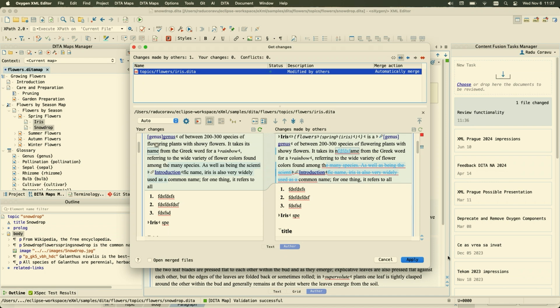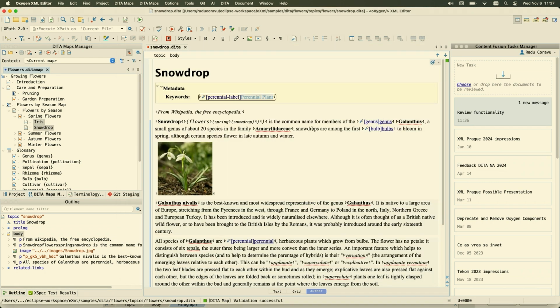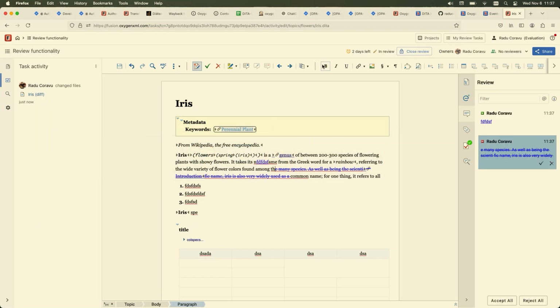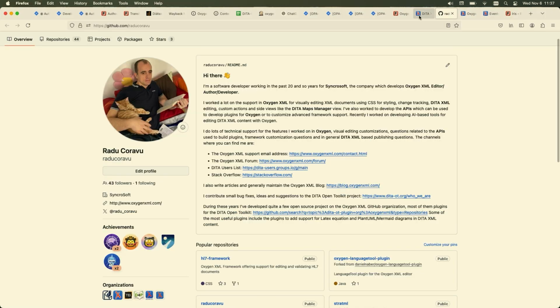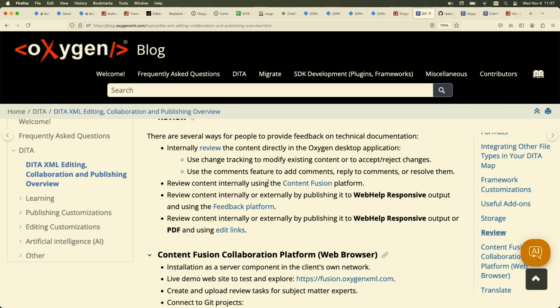So I go to Oxygen and I get my changes back from, let's say, the web browser. So this is the Content Fusion Tasks Manager, which is quite a useful add-on for Oxygen,